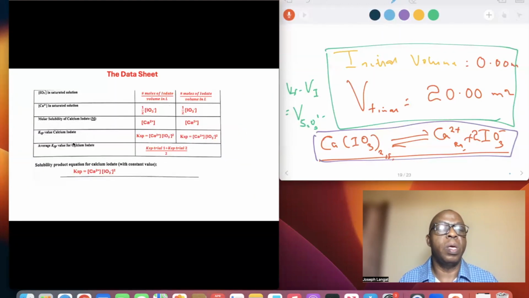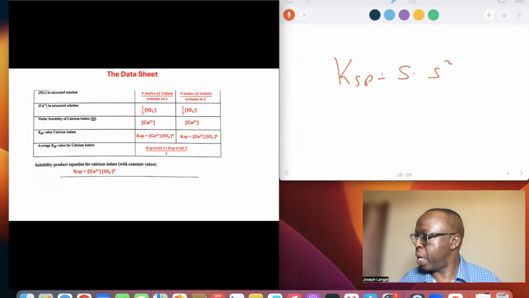And from here, you can just plug in the Ksp equation, or solubility product constant. For the two trials, you find the average. At this point, you should be able to write the solubility product equation without plugging in the values here, but I need the numerical value here from the last item on the data sheet for part A. Part B is the same as part A,